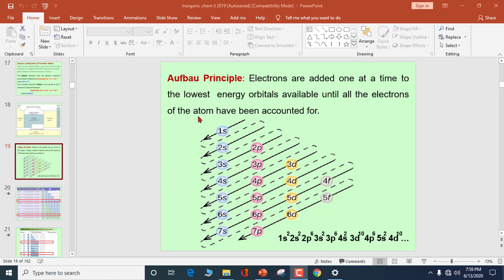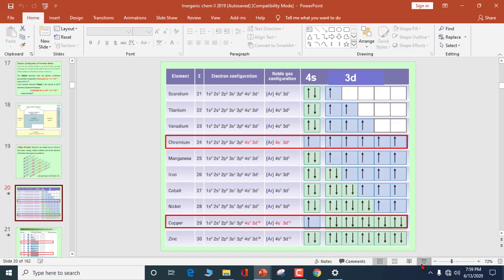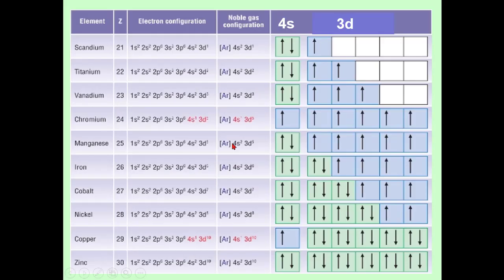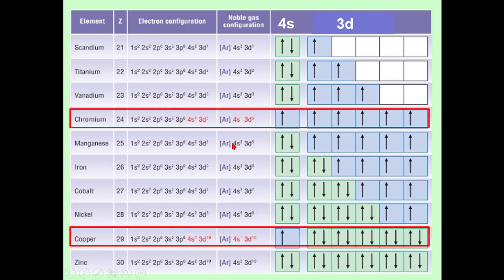Similarly, you have to follow Hund's rule and the Pauli exclusion principle accordingly. According to Hund's rule, when there is empty space, you should not pair the electrons, and electrons have to go singly in each subshell. Now when it comes to the electronic configuration of transition elements, there are two places where this rule is not